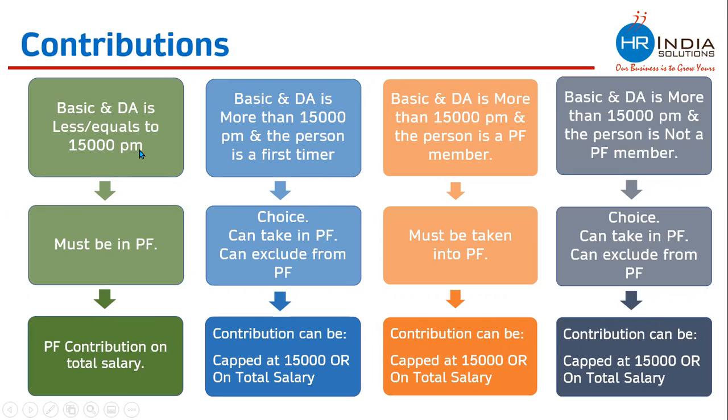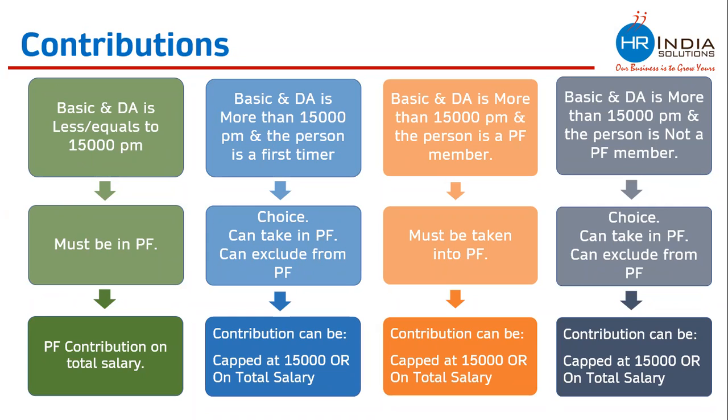No, I'm not getting confused. In that 15,000, what if 3,000 was variable pay? Variable pay is not coming under the definition of wages. You can exclude variable pay. All those payments which are not fixed in nature can be excluded from Provident Fund. Variable pay, is this variable pay paid every month?